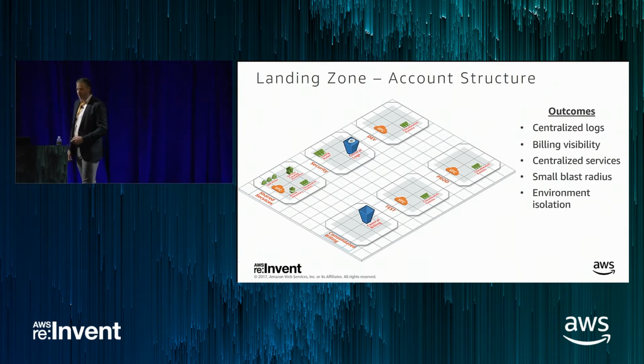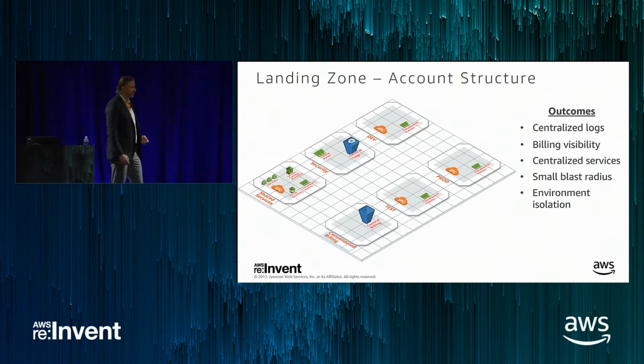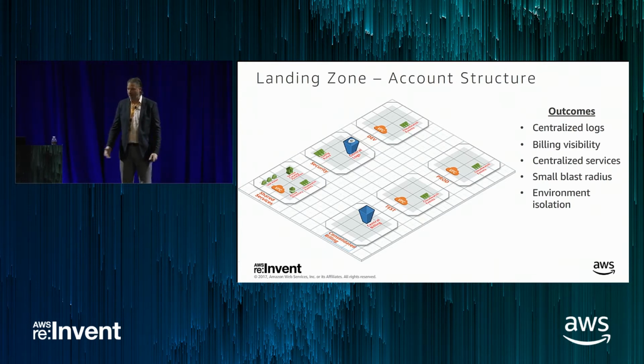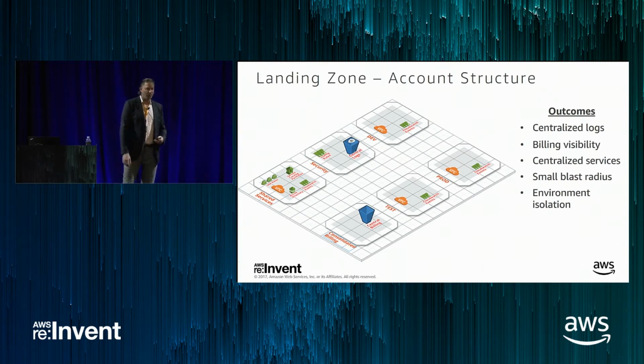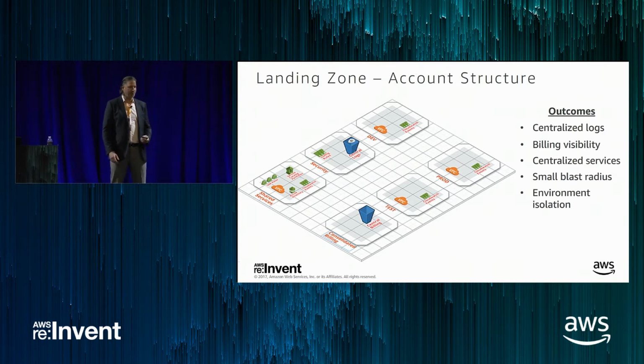So let's get into some of the more components, moving away from the tenets themselves. It all starts with how you're using AWS accounts. Many times when you're starting off, you have a single account, and you're throwing everything into it. Again, it might work okay for a little while, but as you start scaling, and you need to provide a little bit more isolation or granularity of control or granularity of cost, there are many different factors, that model starts to break, and your risk factors are going way up as well. So starting with the account structure,